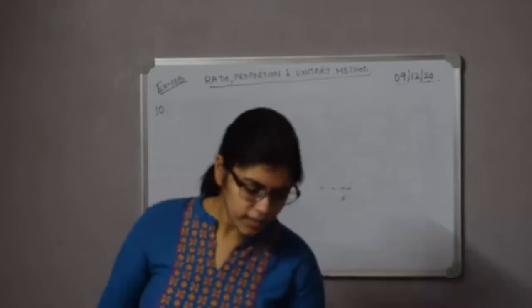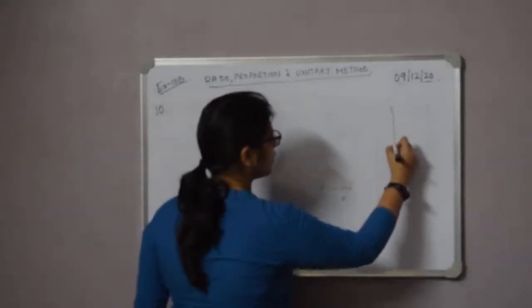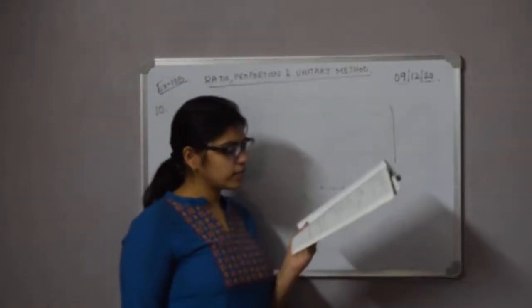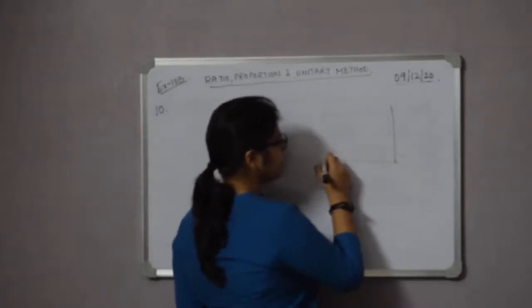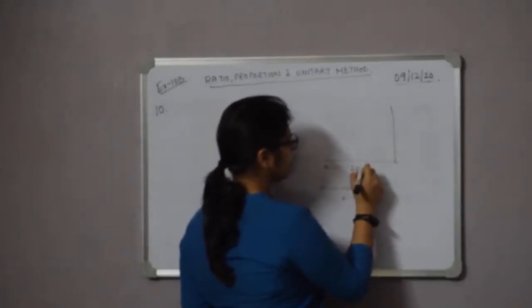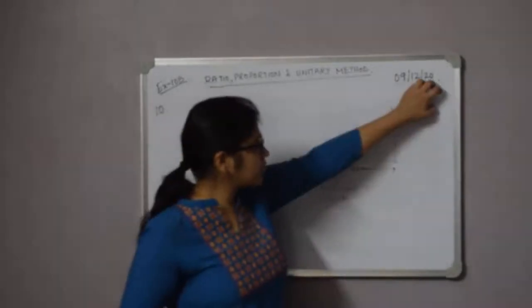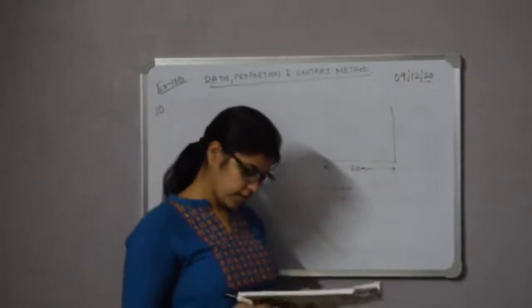So there is an electrical pole. Suppose this is the electrical pole, okay, and it casts a shadow of length 20 meter. So the length becomes 20 meter. So there is a shadow, right? If there is a sun in this direction, then there will be a shadow in this direction. So that is how I am drawing it.